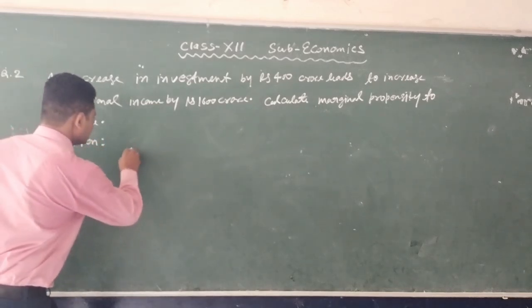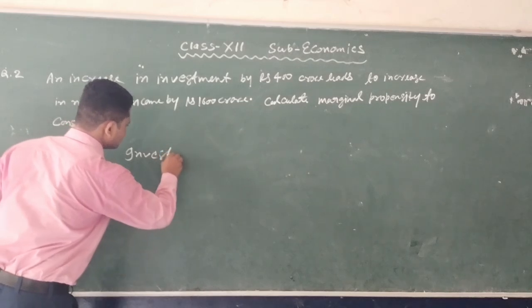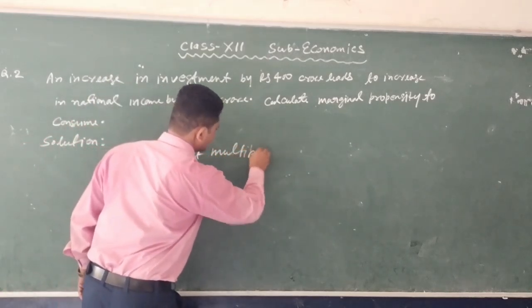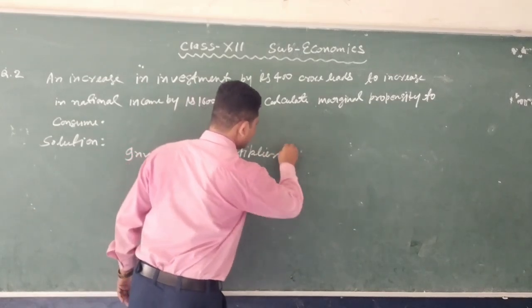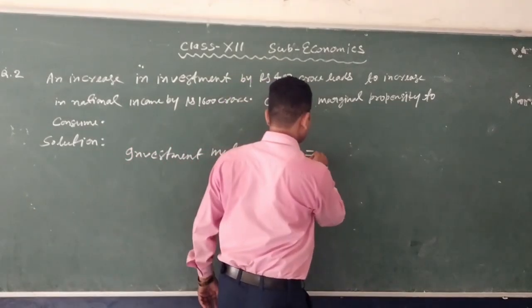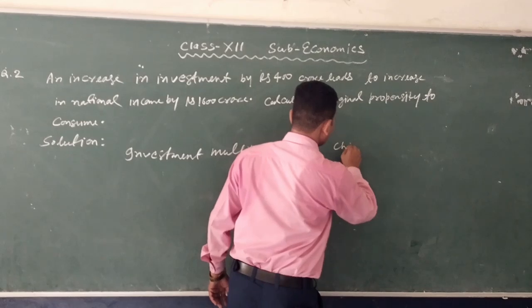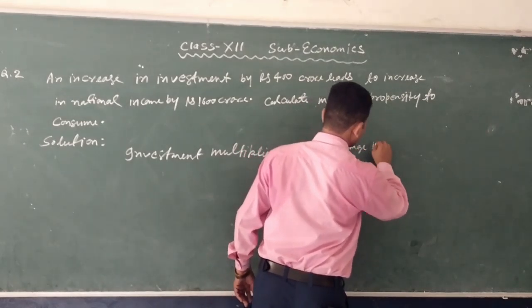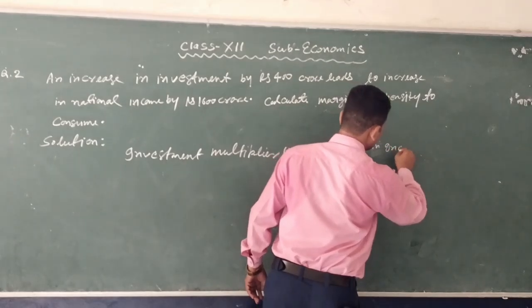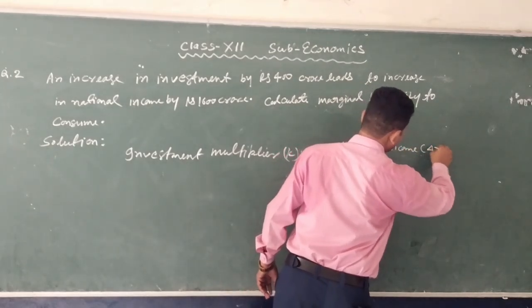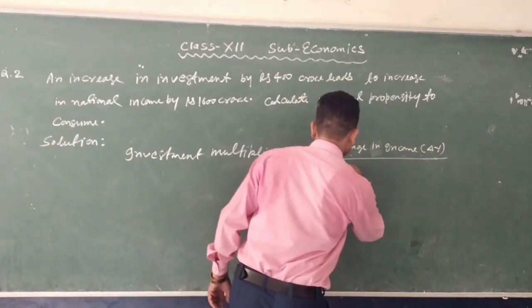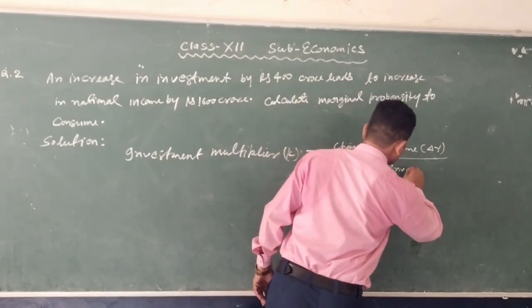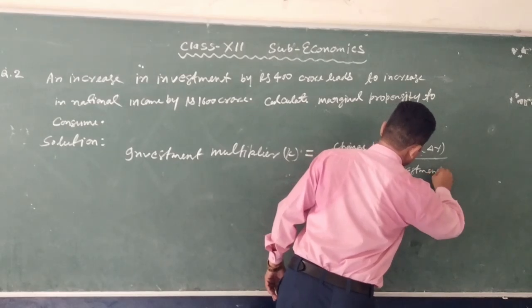Investment multiplier is equal to change in income, delta Y, upon change in investment,